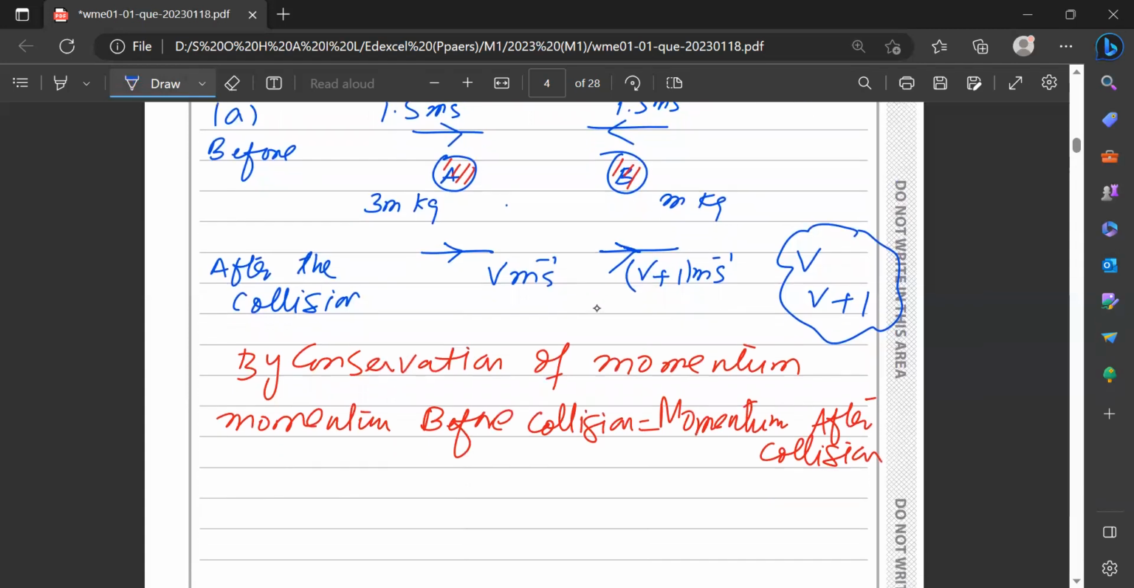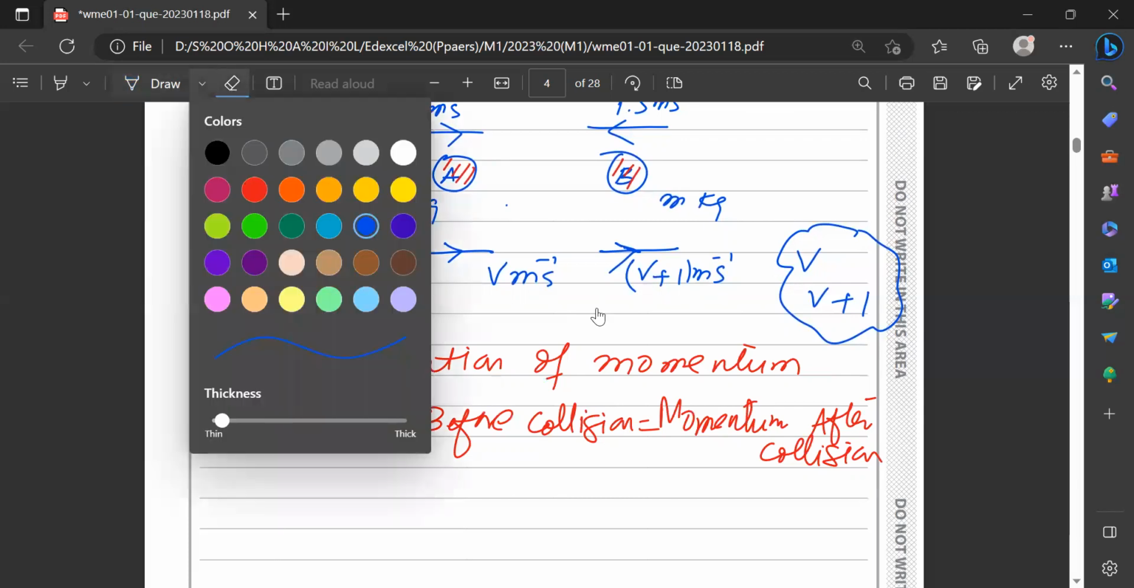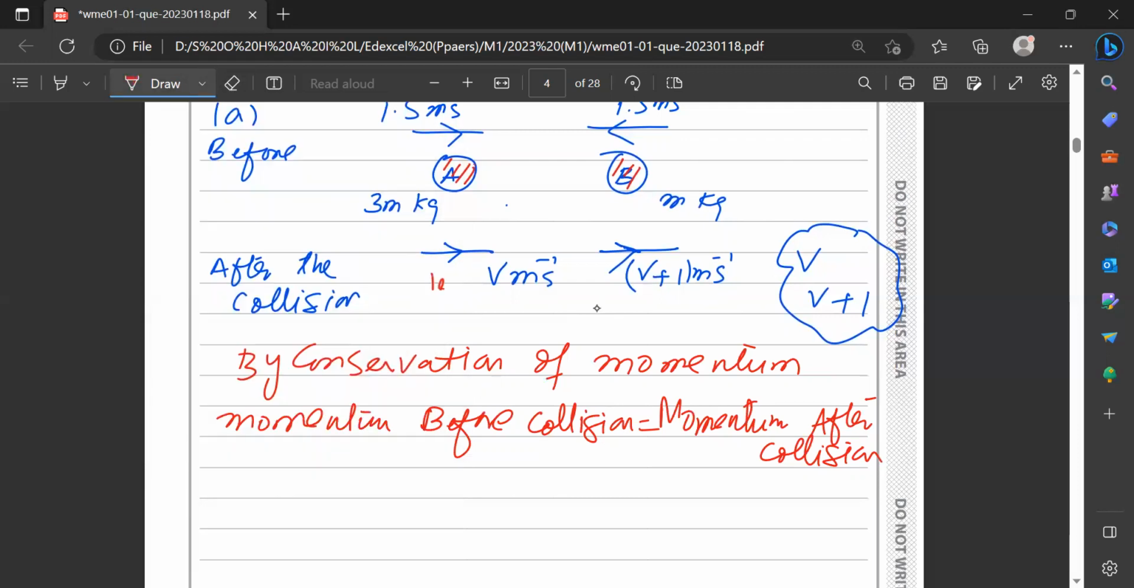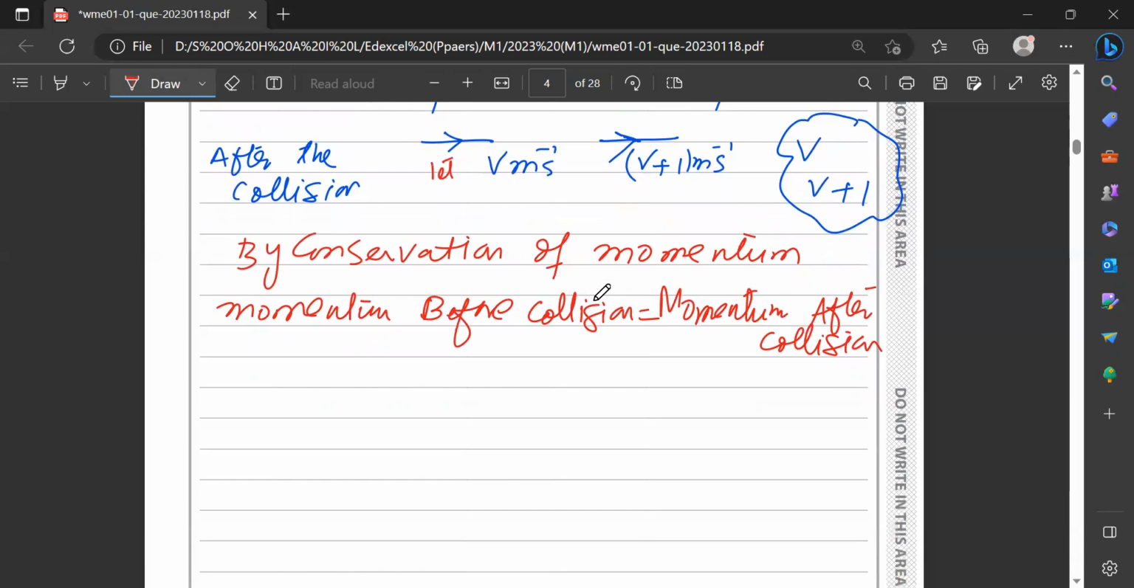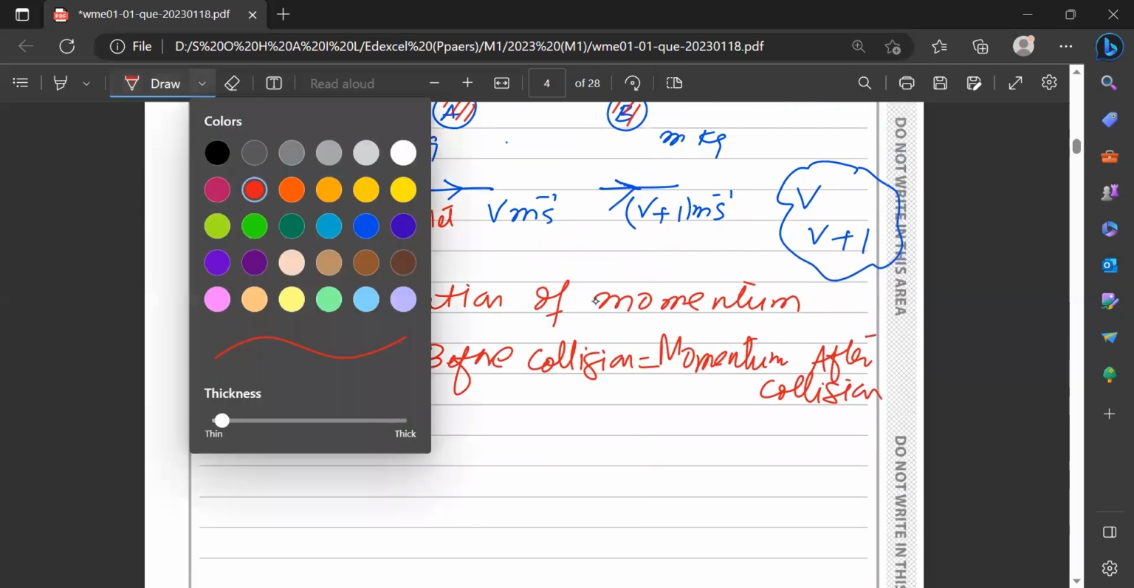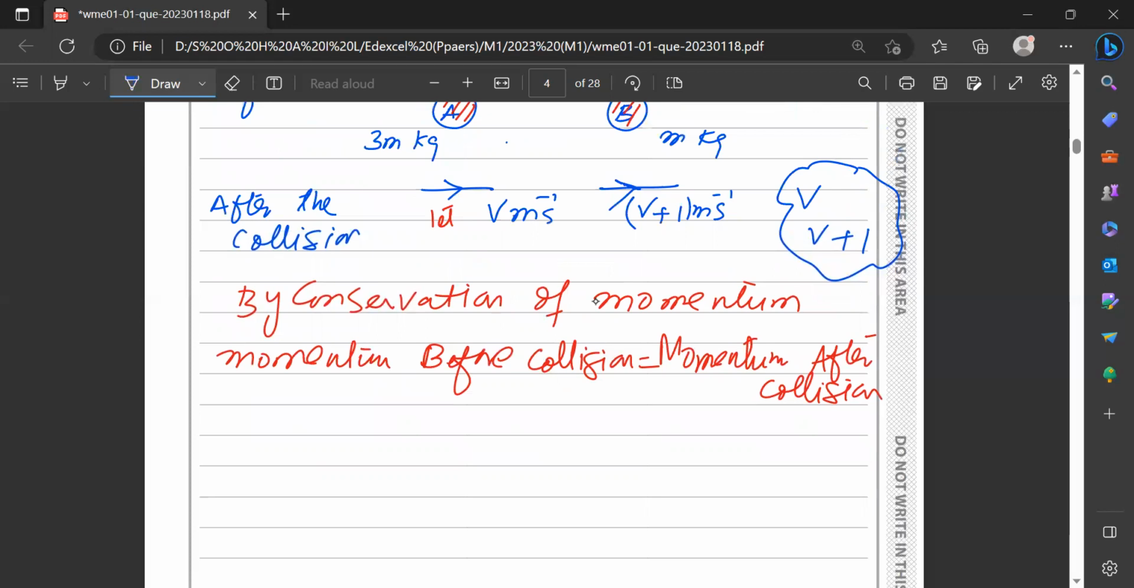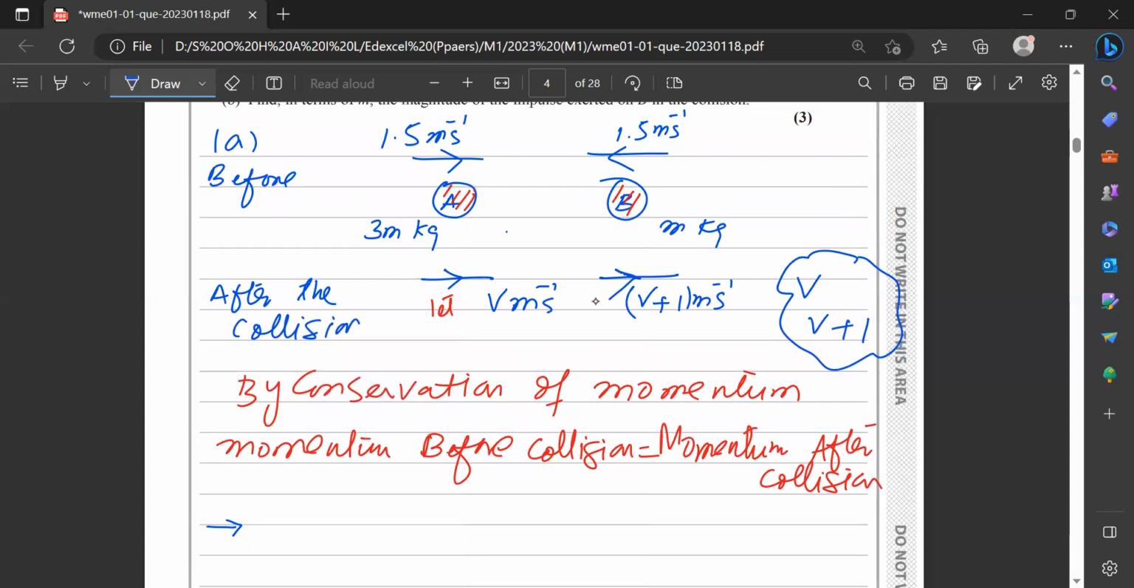So let this be V, the other would be V plus 1, the difference is 1. So here I can apply the conservation of momentum principle, before and after. So simple. M1U1 plus M2U2 is equal to M1V1, sorry, M1V1